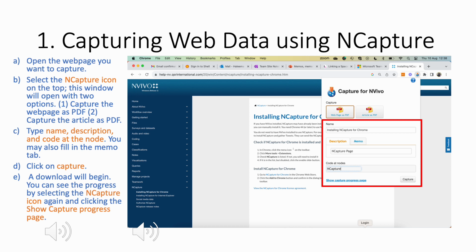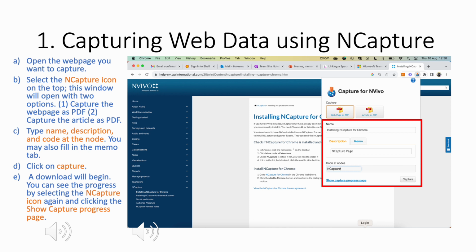And then I would need to provide a description and also a code at node name. So in this case, I give it a name NCapture so that I can easily identify it. Similarly, if I click on Memo, it would ask a few more information, which is very easy. Once I'm happy with all this information, I would click on Capture, and